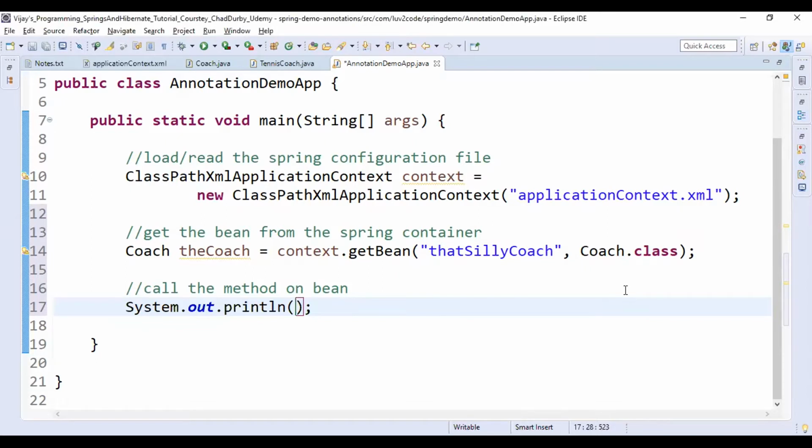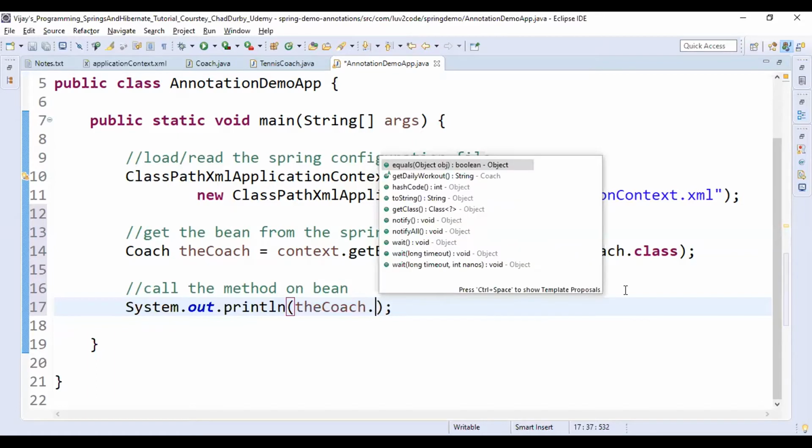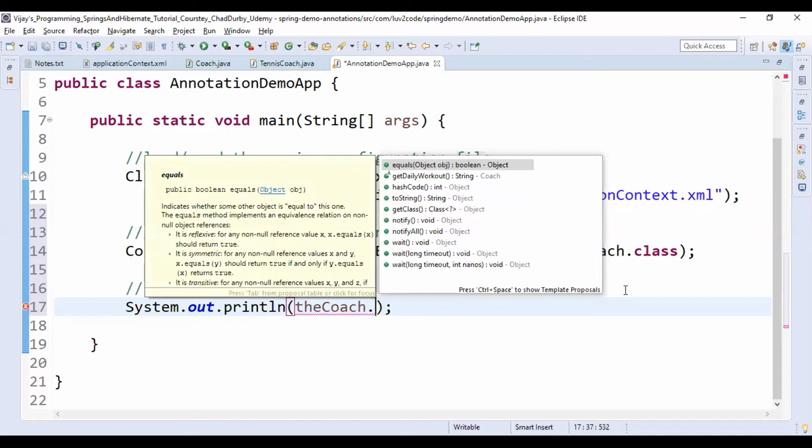Now by using the reference, that is theCoach, we are calling the getDailyWorkout method. If you press dot, you'll be getting the options that are suggested by the Eclipse.